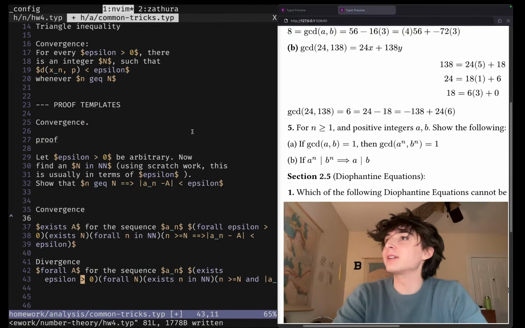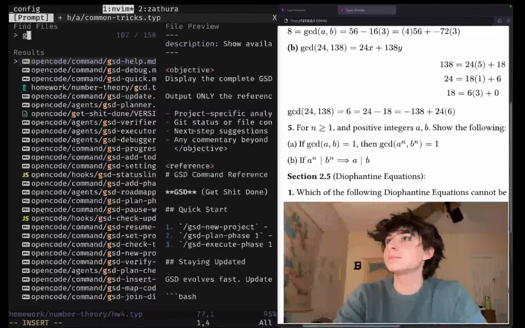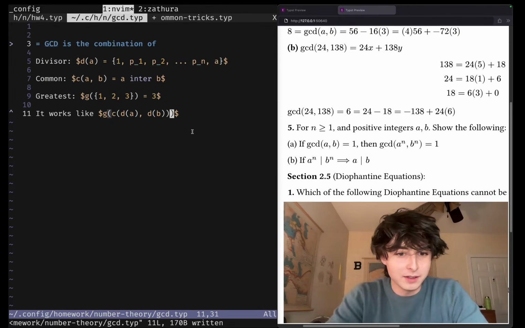I was looking at, let's see, trying to build more intuition for the GCD, and